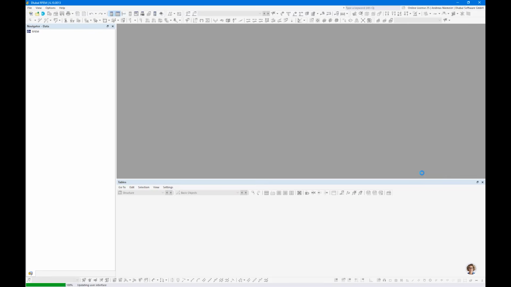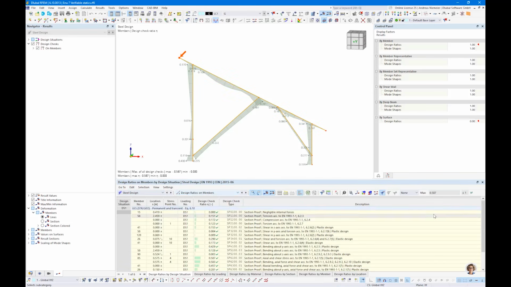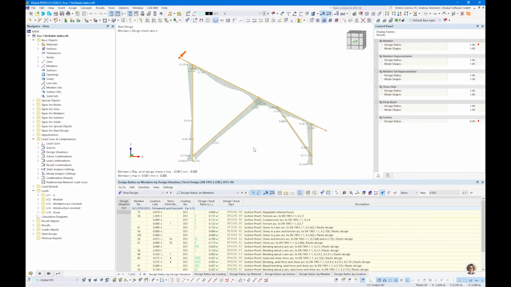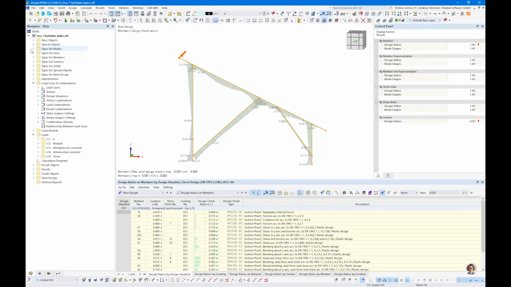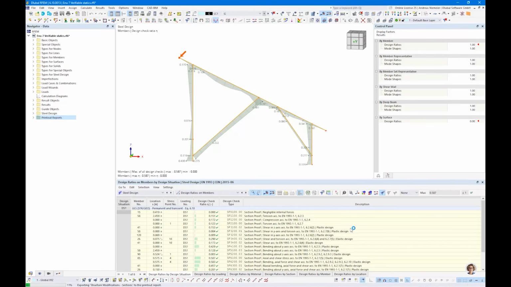And here you see a model, so it's only a 2D model, the design is made, let's say at almost 60%, and now you want to document because you considered a lot of things here. And you see in the end you have a printout report. You can create a new printout report. You can say save and show, and the program is creating a report